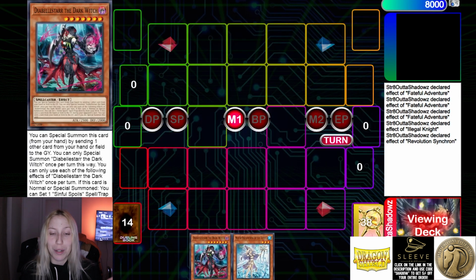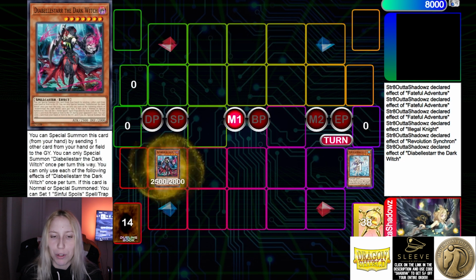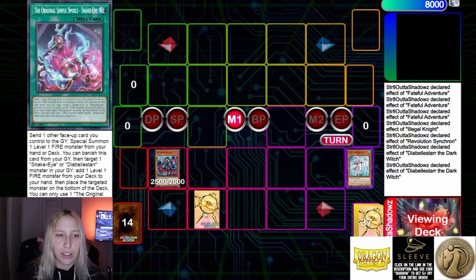So let's talk about what happens if you want to access Synchros but you only have access to the Jet Synchron. So you go for the Diabella Star and you can just pitch the Water Enchantress, which is so free, and that's pretty much also why they started playing this, because you want to have free cards like we talked about before. So you set the card we discussed earlier, the original Sinful Spoils,